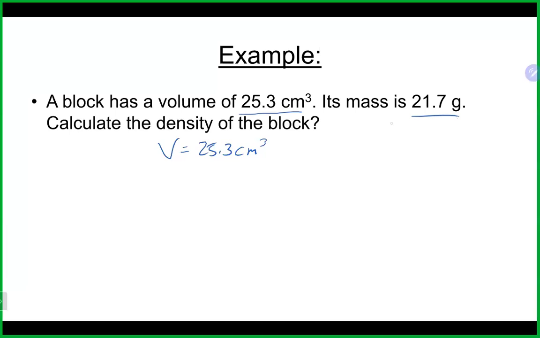We got a mass that is 21.7 grams. That should point you to our density equation, and we're good to go on this one. Just to plug and chug into it, 21.7 grams divided by 25.3 cubic centimeters in this case, and that's going to get us here